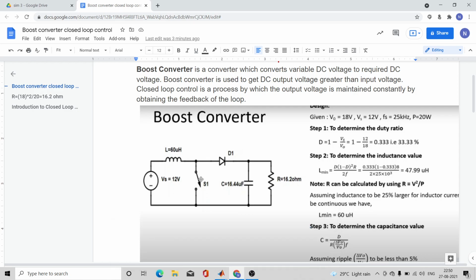So I will be giving you the brief idea of boost converter. As the name suggests, it increases the voltage as compared to input. For example, in this figure you can see that you have a 12 volt input or a supply voltage. So the boost converter will increase the voltage according to your design, and here in this case my supply voltage is 12 volt and I want the output voltage to be 18 volt, and accordingly we have designed the parameters of this boost converter. So basically this boost converter will increase or boost the voltage and it will give the output accordingly.